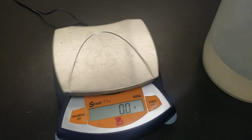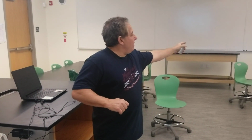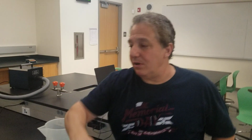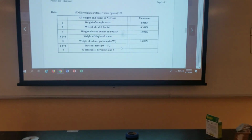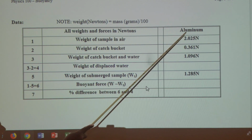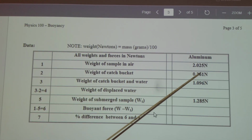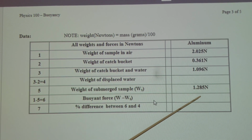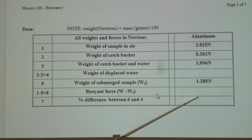The weight of the water that was pushed out should be roughly equal, within a couple of percent, to the difference in what it weighs outside the water versus completely submerged. The data is on the board for different data, and we can take a look at it. In the air, it was 2.205. Submerged, it was this. You're going to have to subtract these two to find the difference. Here's the water, catch bucket empty with water. You have to subtract those two to get the weight of the water. The weight of displaced water will be roughly the buoyant force, the difference of what it weighs outside the fluid and completely submerged. And if Archimedes is right,